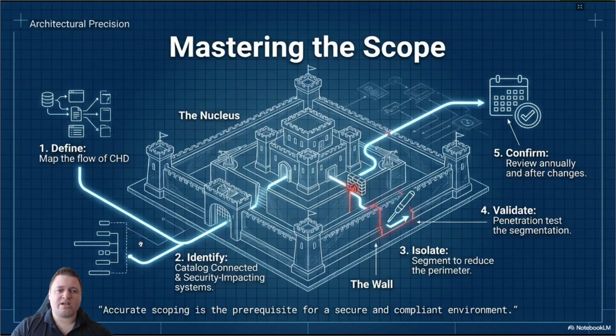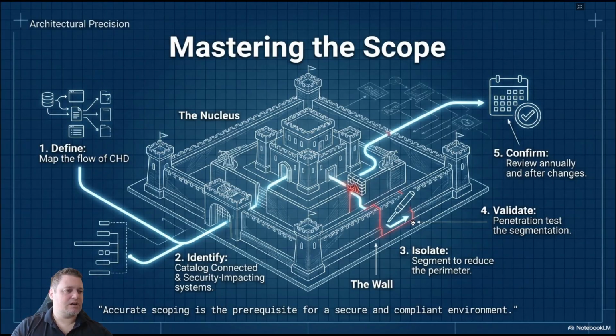So if a computer has it, then you need to make sure the computer's part of the environment. And then you need to identify, catalog, connect, and secure impacting systems. The flow of data goes from the store to the bank to your account, however you set it up. Then anything that's attached to it, you want to identify. Security impacting systems include antivirus software, Windows security, computers, servers,